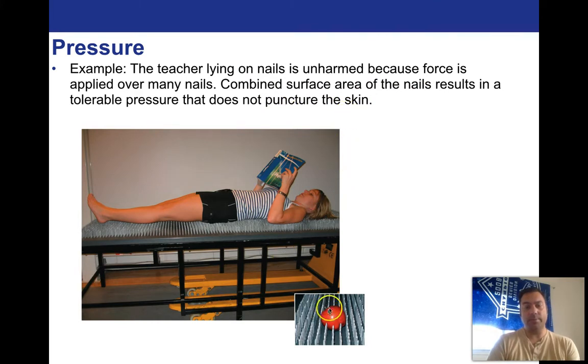Right? So if you took that apple and you dropped it on there, it'd go right in. This is an apple that's got a very low surface area relative to the amount of pressure that's put under it, and it goes right onto the nail, whereas this person's able to lay down on it. So right back to pressure is equal to force over area. And the larger you can make that area, the lower that pressure is going to be.